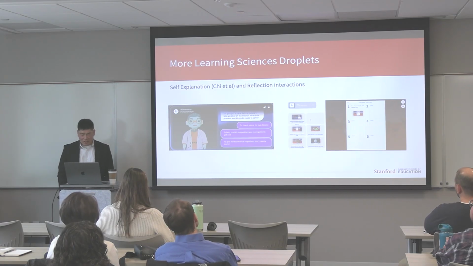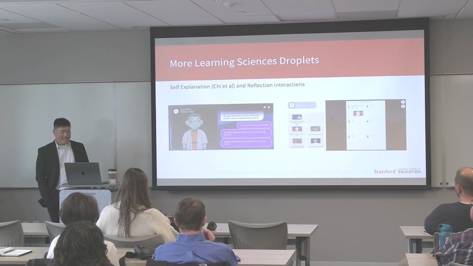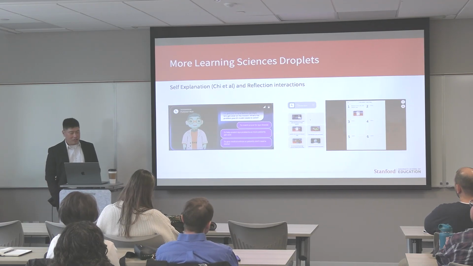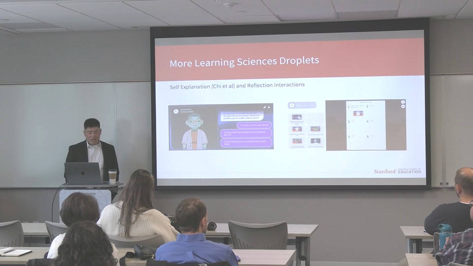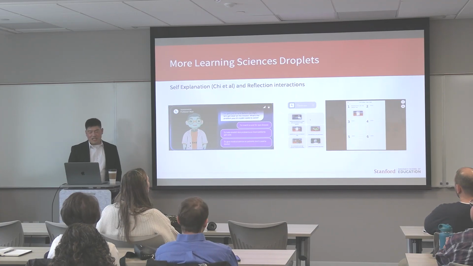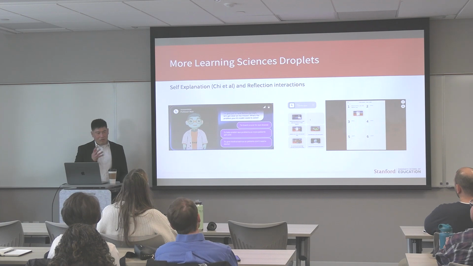And Michelene Chi and colleagues is core to that. And related to that is just the practice of reflection on experience and activity. So we foster these dialogue interactions to select what would be the most sensible, with the right or wrong options